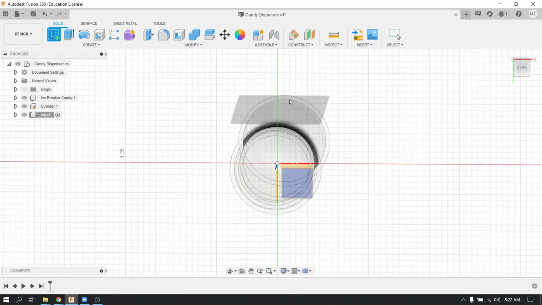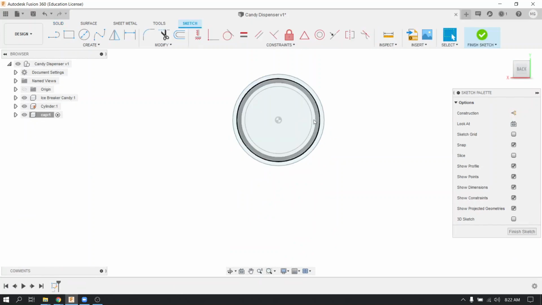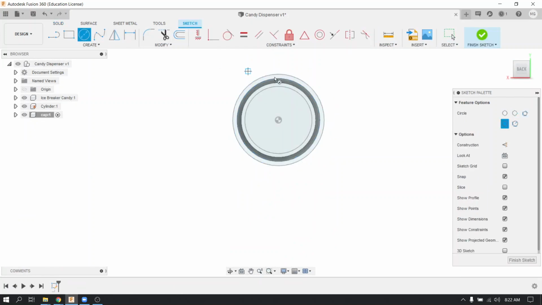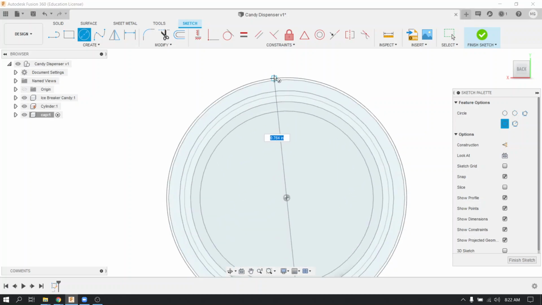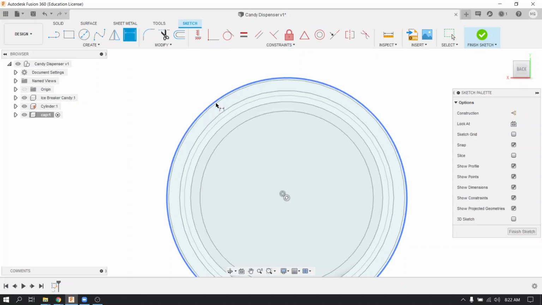I can take a sketch, create it wherever I need to create it, and then just start working from there. Now that 0.035 clearance that I was talking about is just for parts that are supposed to slide and move. If you have a cap or something like that that's supposed to fit more tightly, then you might want to cut that in half. Let's say I'm making a cap that's supposed to slide on the top here, then in that situation you might want to go half of that, which is 0.035 divided by 2,